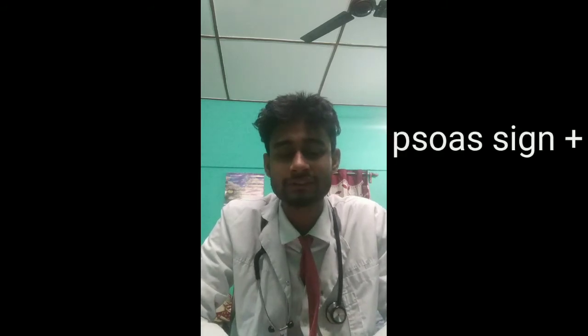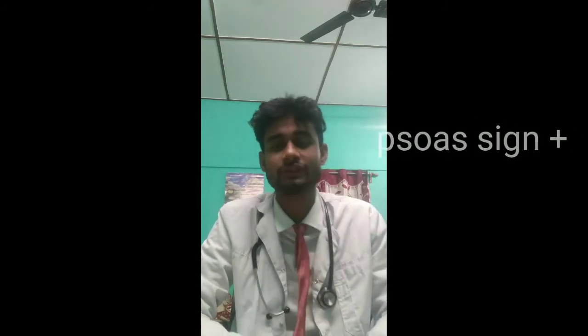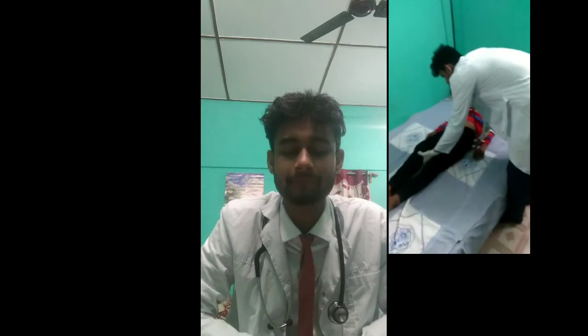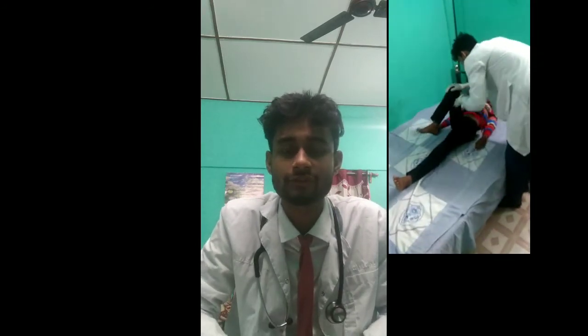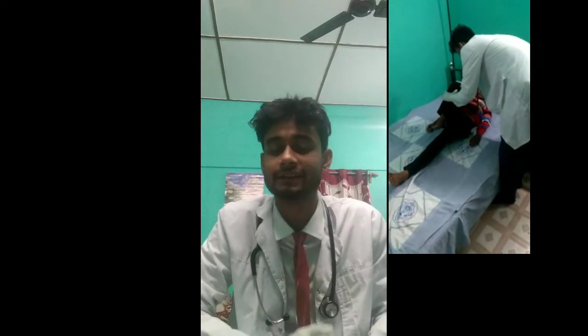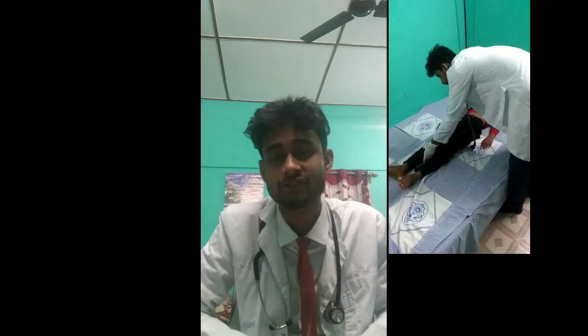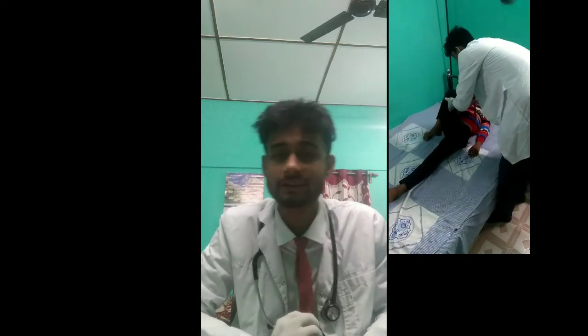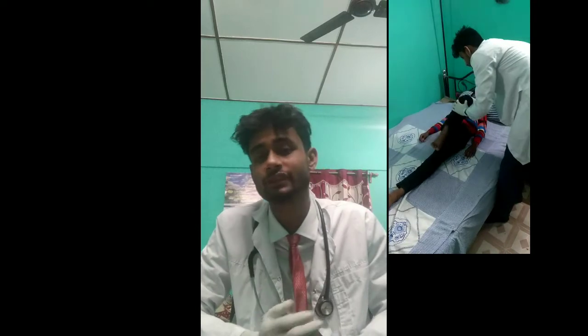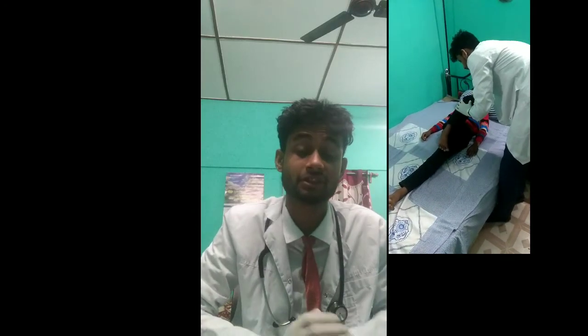After that, we rule out the positions of the appendicitis. We'll notice the Rovsing sign. What is the Rovsing sign? In this sign, we do extension of the hip joint. There should be pain in that area, the right iliac fossa region. In the obturator sign, we notice flexion of the hip joint, and we rotate it internally. It may be a positive indication, it may be a negative indication.